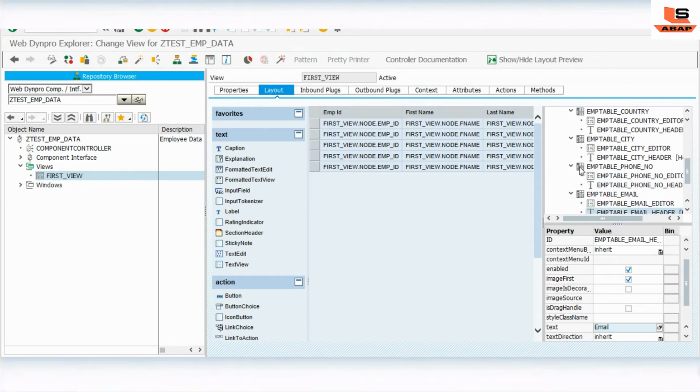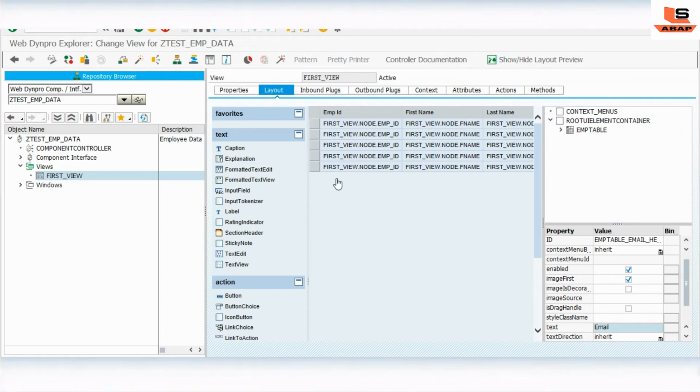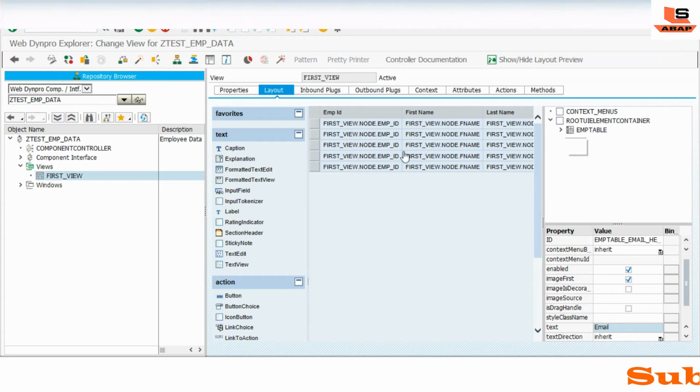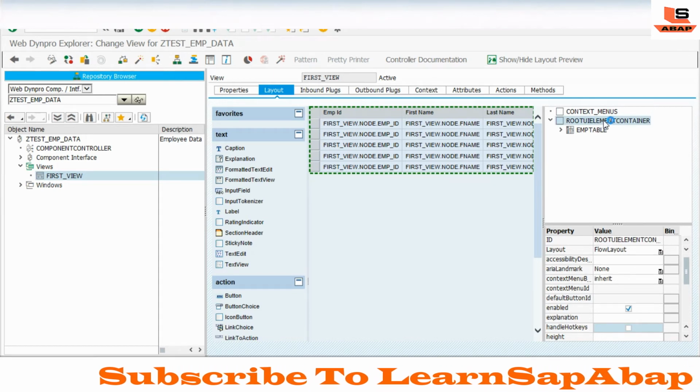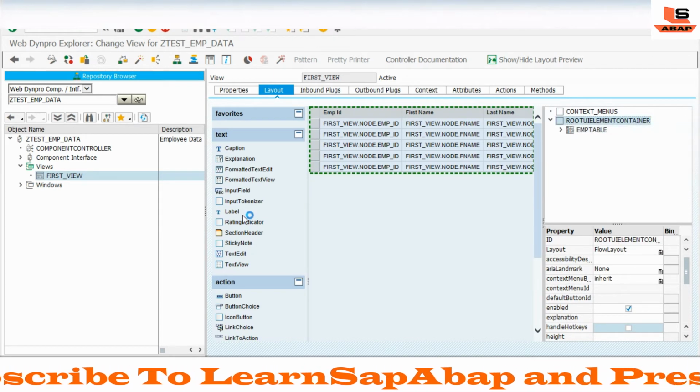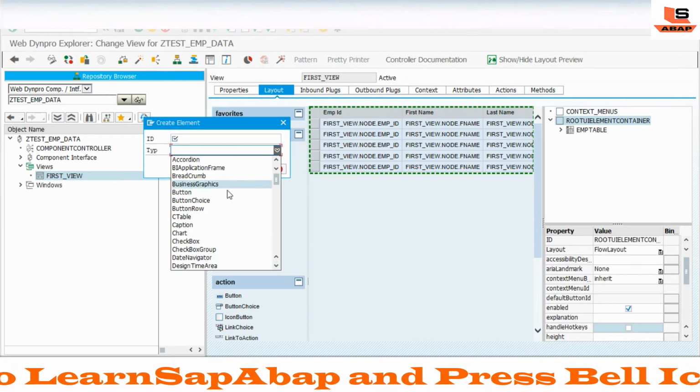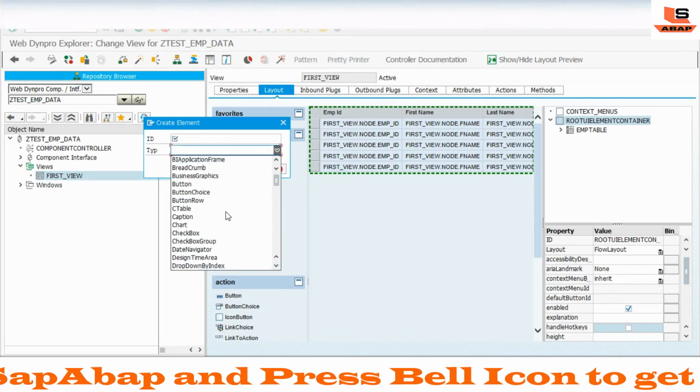So now we have added our table. Now we will add one more button. When we click on the button, the data will get appended to this table. For that, just right click on it, click on insert element, and here you have to select button.